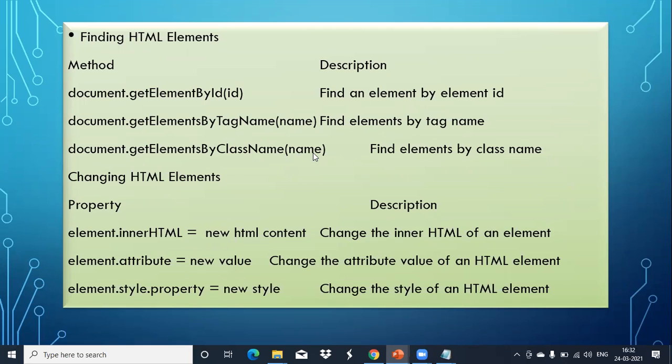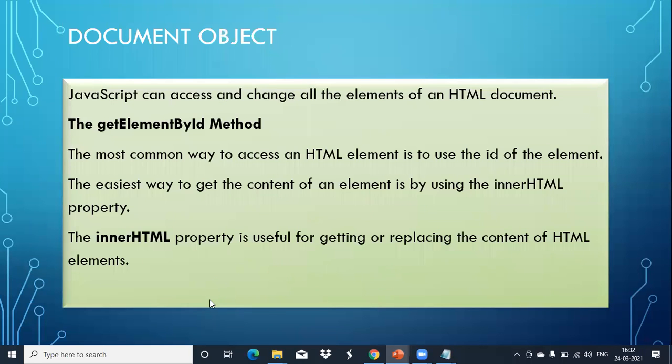Some attribute you can use to change the attribute value. Inner HTML will change the content only. Style dot property we have also used. So this all comes under your document object.